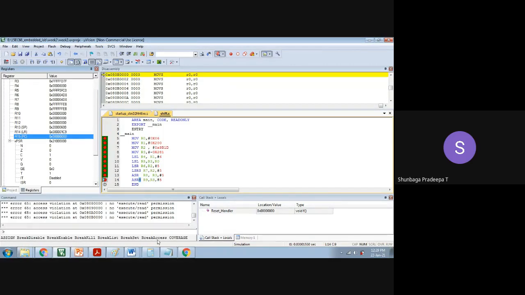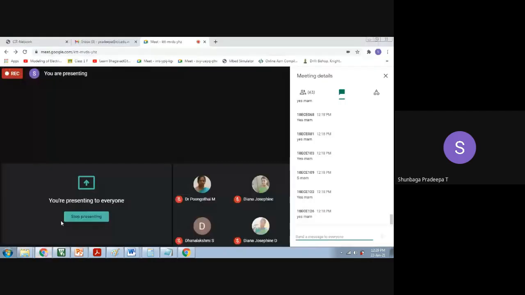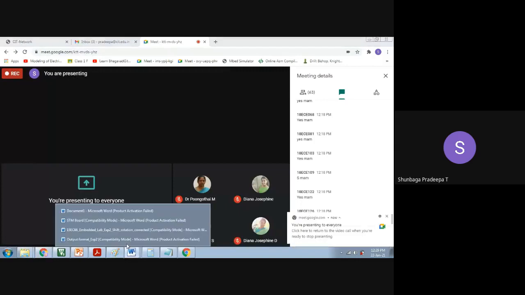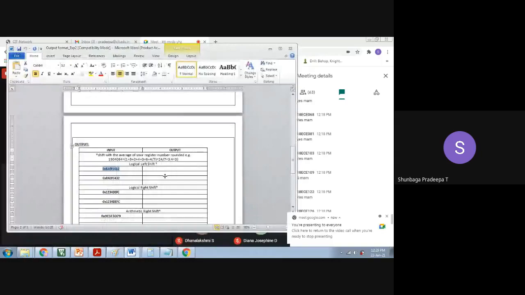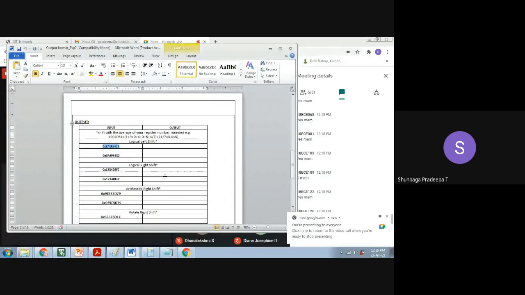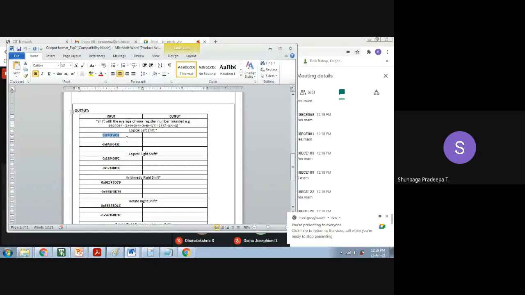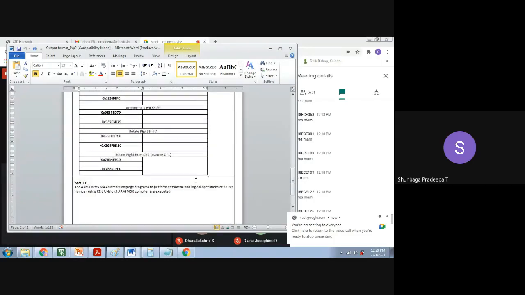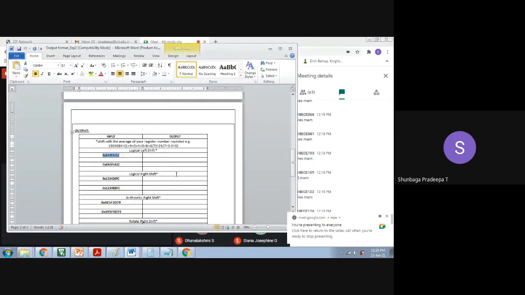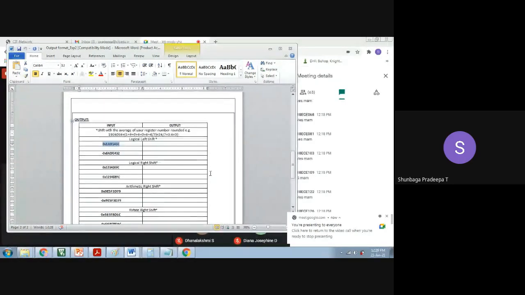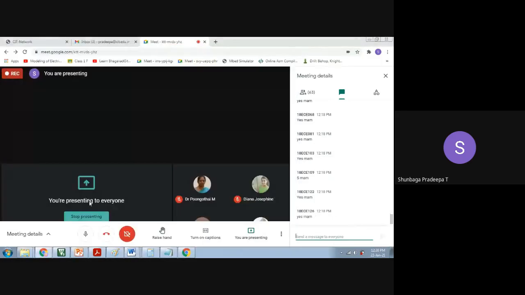Okay, you can perform all these instructions and execute and see, and you can complete your output for the shift operations in the output format given to you. It is uploaded in the Google Classroom as well as in the WhatsApp group. So you can perform this manually and you can do it. You can include it at the bottom, or as a one page, you can include it by inserting a table and understand how this is happening. Okay. Any doubts you have? If you have any doubts, you can please ask.